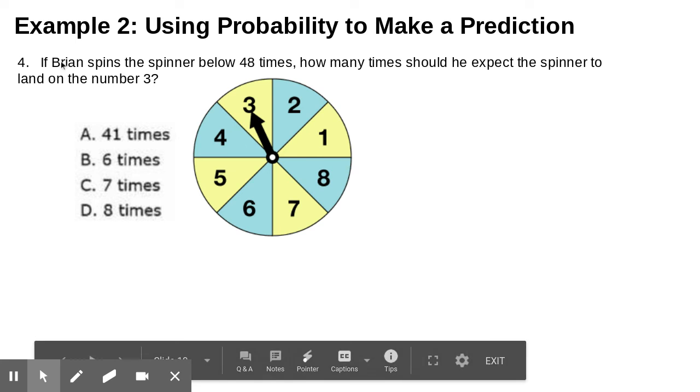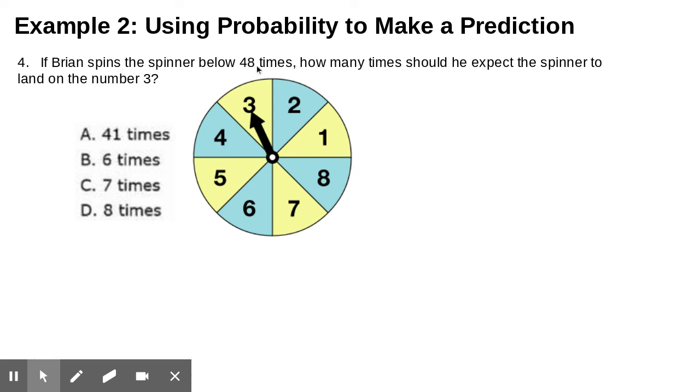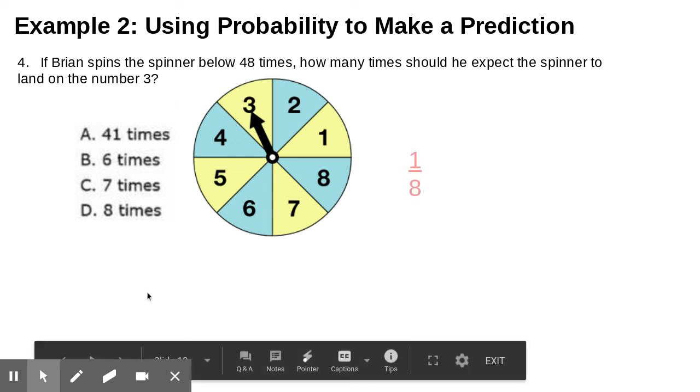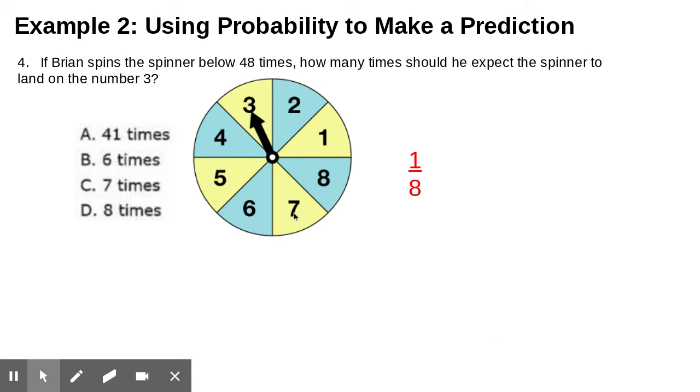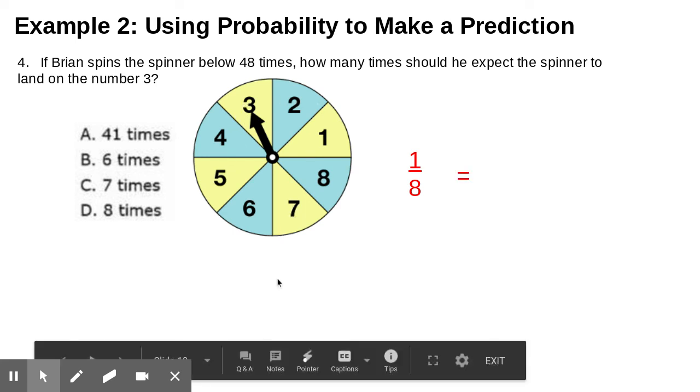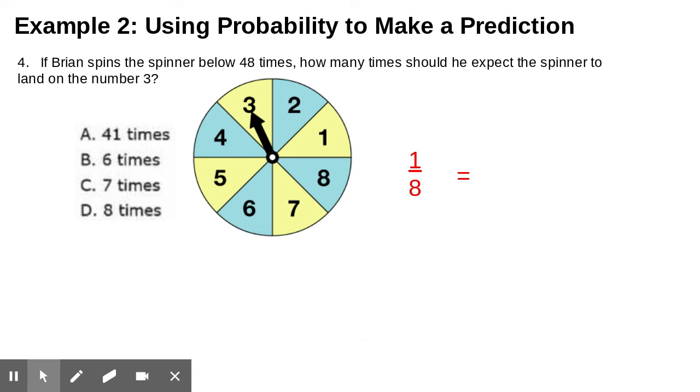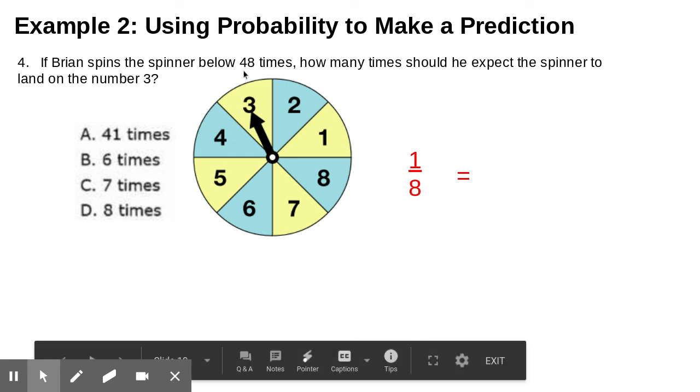All right, so if Brian spins the spinner below 48 times, how many times should he expect the spinner to land on the number 3? Well, there's only one 3 out of the 8 choices, right? So then I put my equal sign, and then I need to set up another fraction, making a prediction. And I want to know if I did it 48 times. So I want to know how many out of 48. And when you do the math,